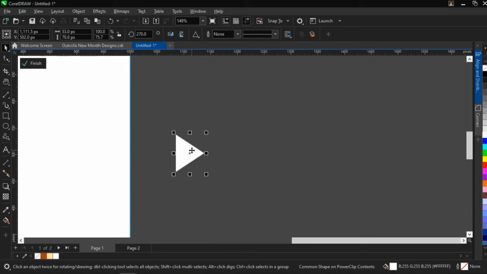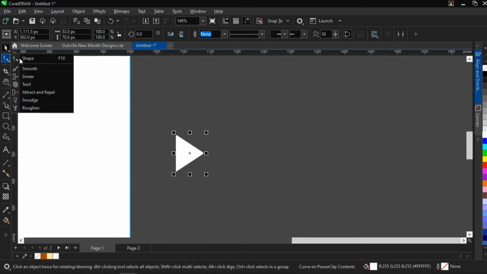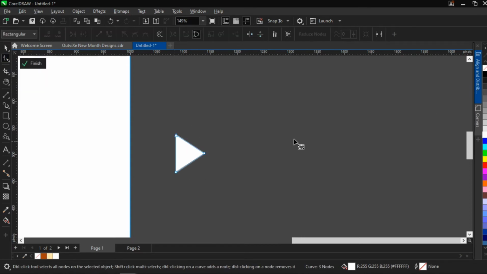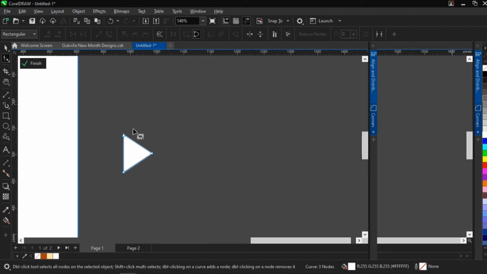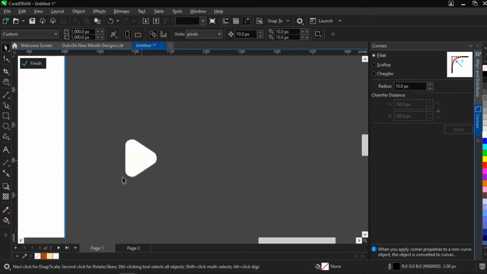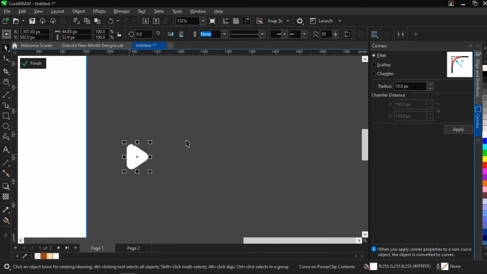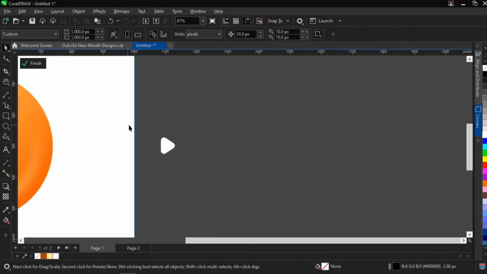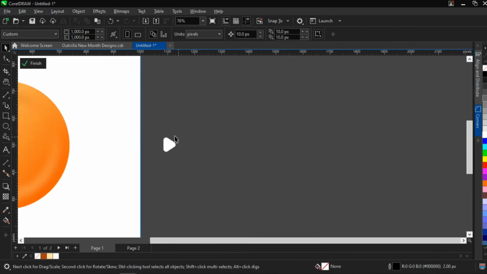The next thing we're going to do is convert this to a shape using Ctrl Q. Once you use Ctrl Q, you come over to your shape tool, you click on your shape tool, you press F10, then you come over to corners, because you have to corner the radius. So you just have to highlight everything. I'm using 10 pixels, and I think this is okay. This can work for me. So now that is done, you can now take your play button